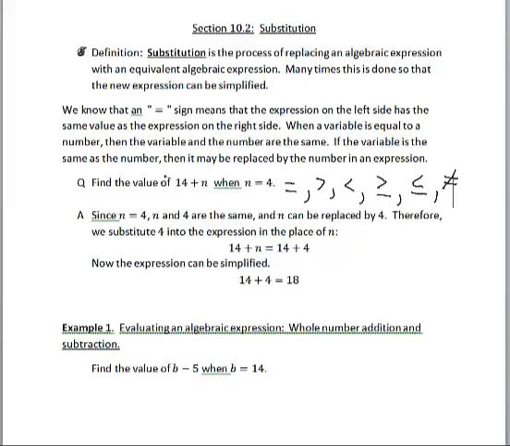Okay, so we have a question. It says find the value of 14 plus n when n equals 4. Okay, so here we have n equals 4. N is assigned to the number 4. Okay, so in this statement, anywhere we see an n, we are allowed to replace that with a number 4. Okay, so what we do is we simply write out our expression 14 plus n, and then we write an equal to, and we go off to the right, and we enter in 4. We drop the n,